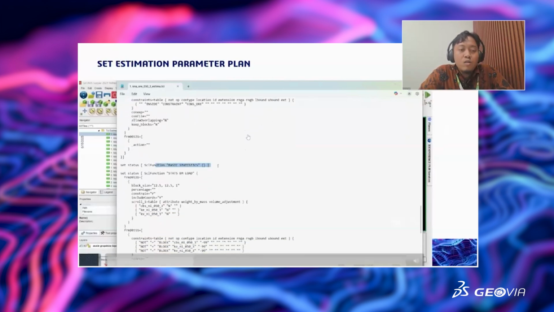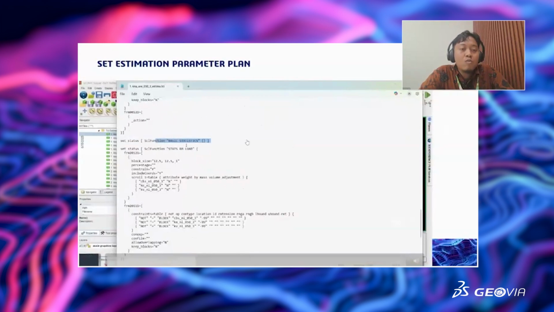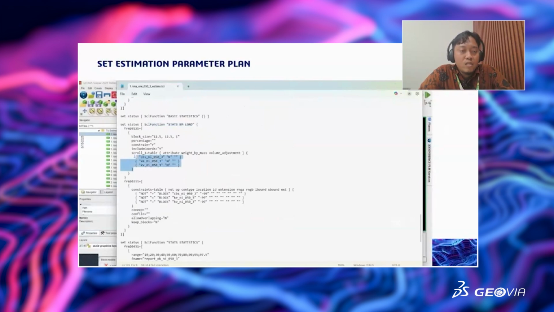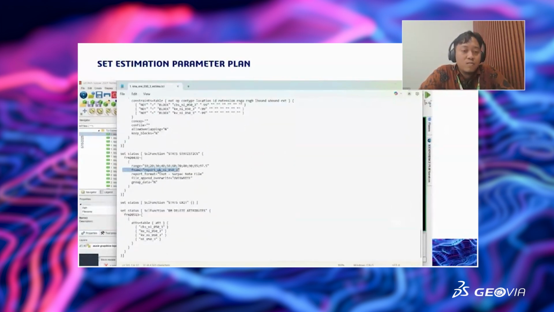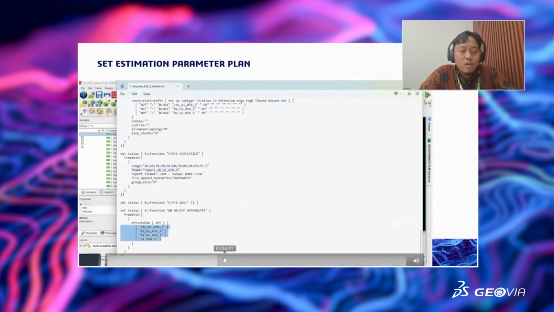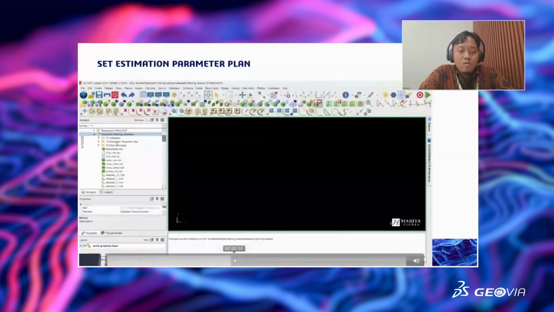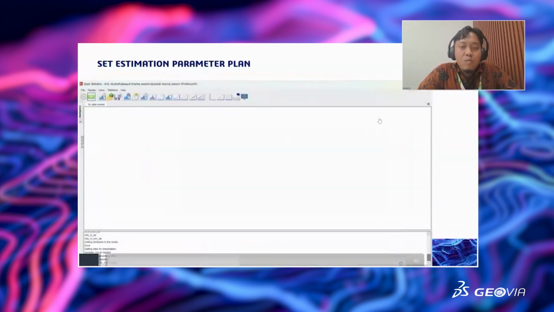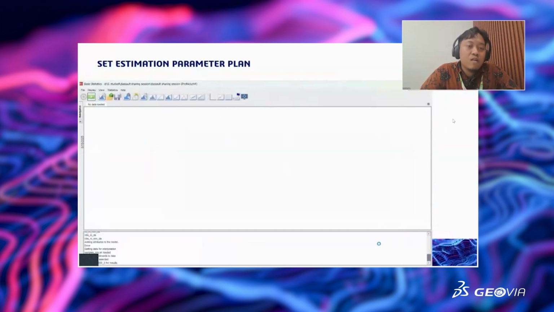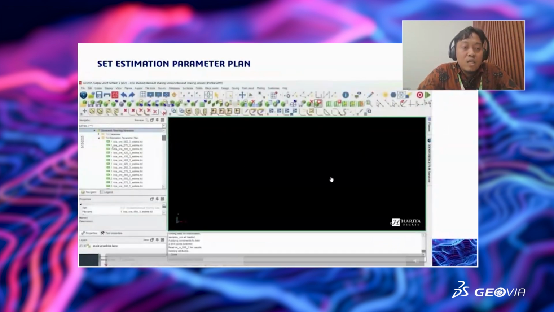After that, I will do the basic statistic here to know the mean of our kriging parameters, such as constant by slope, Kriging efficiency, and Kriging variance. So after that, we will call this TCL. How to do this is just drag and drop. Drag and drop to our project here, and it will create the estimation. And after that, this is for basic statistic here.